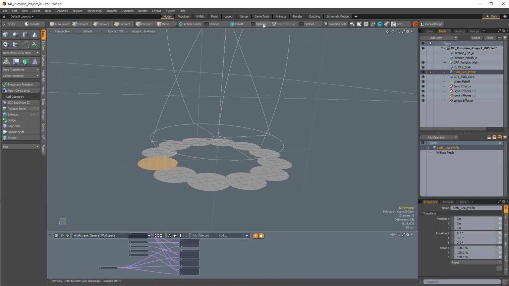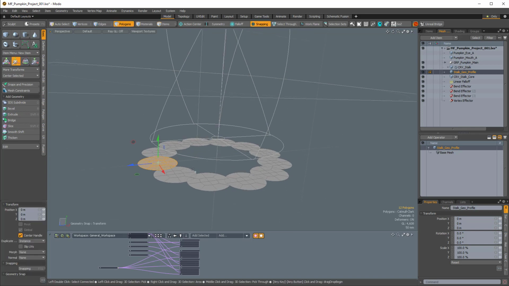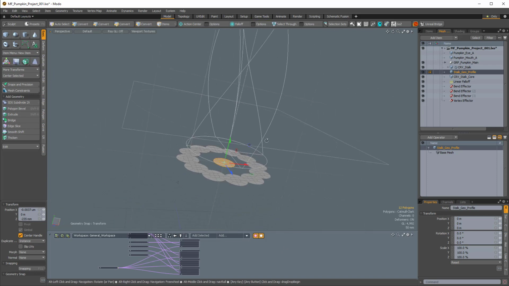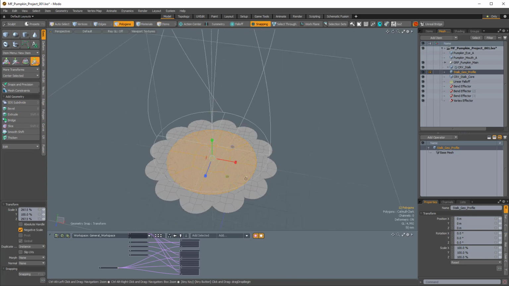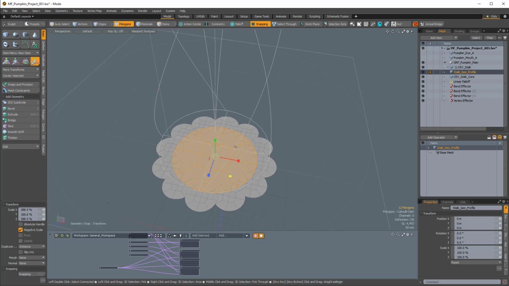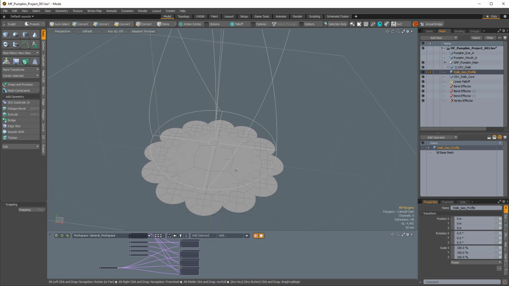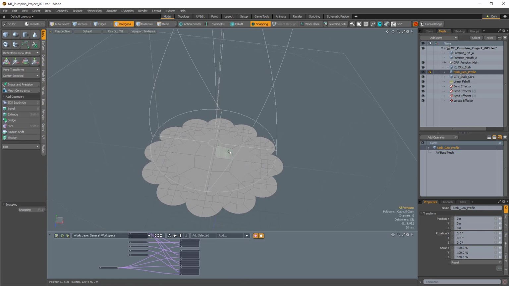So I'll turn on snapping again. W for the move tool, Shift and Control, and I'll just snap that to that new curve. And then R for the scale tool, and I'll just scale this out so it overlaps the outer circles. And then I might even just add some geometry just to give it a little bit more